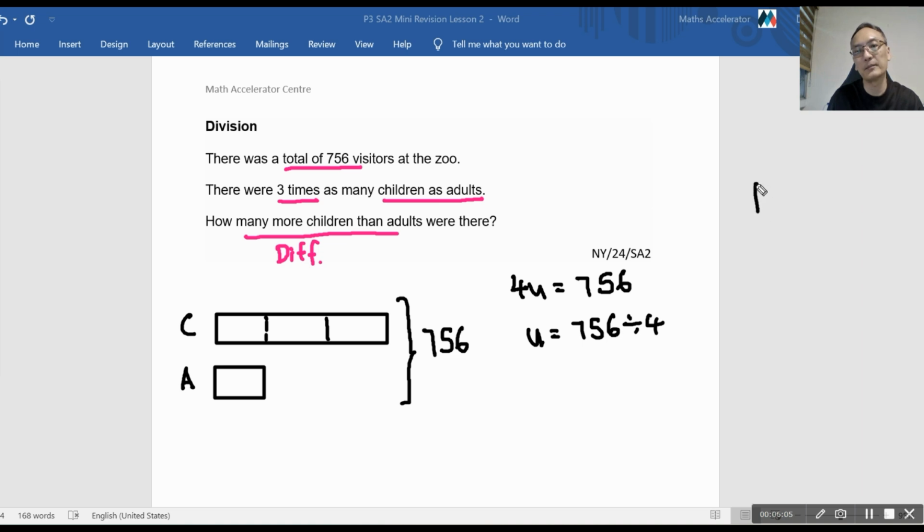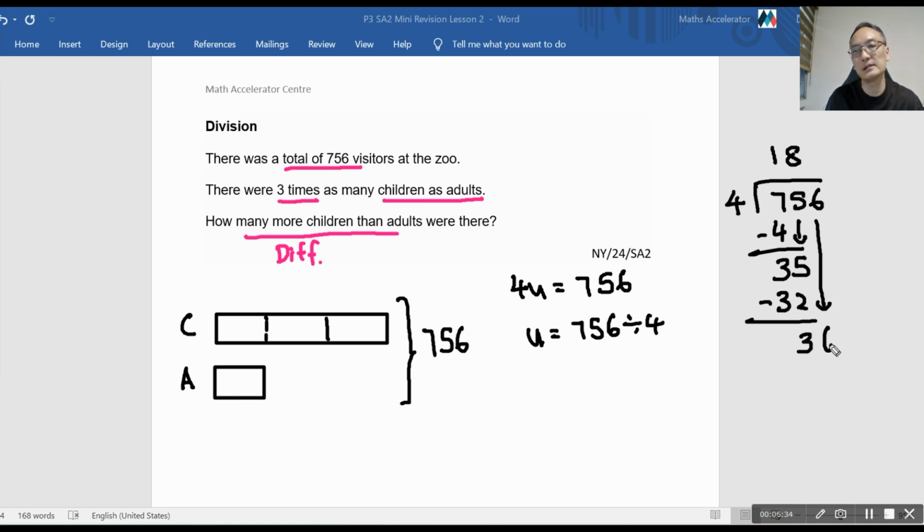Okay, let's do our working at the side. 756 divided by 4. Okay, 1 times 4 is 4, then 7 minus 4 will give us 3, then we bring down 5. 35. The closest multiple will be 8. 8 times 4 will give us 32. 35 minus 32 will give us 3. Then we bring down 6. So 36 is 9 times 4, right? 9 times 4 will give us 36. So we got the answer